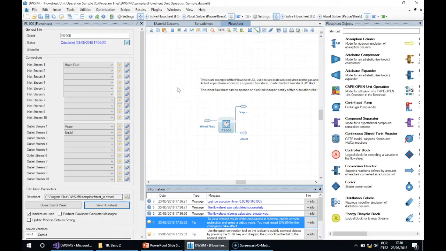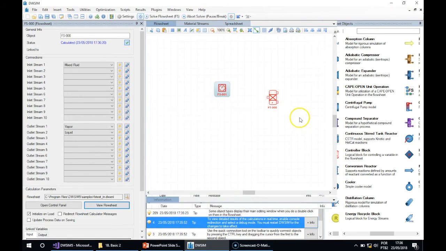Normally it is used to calculate complex flowsheets, and when you have a lot of unit operations in a single block, then normally we use this unit operation to keep things organized in our flowsheets. Okay, so let's go back to